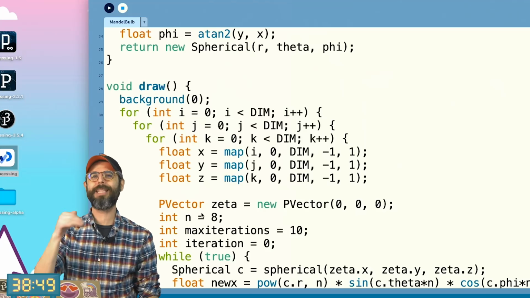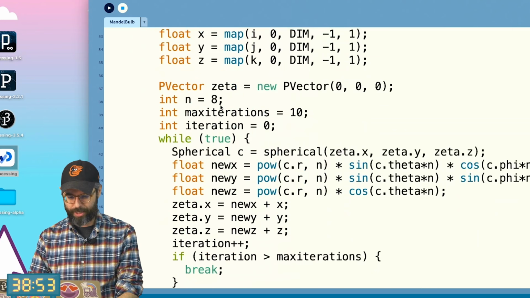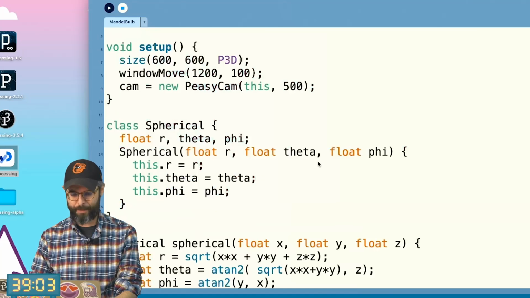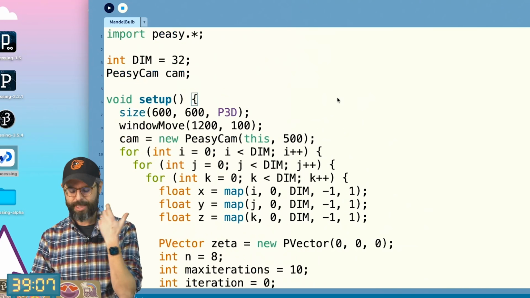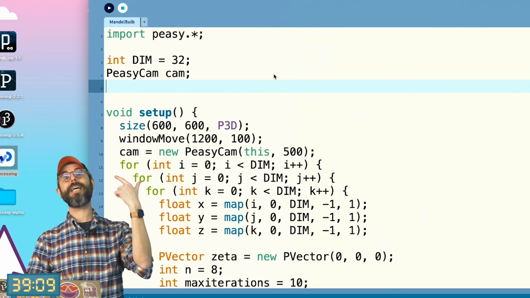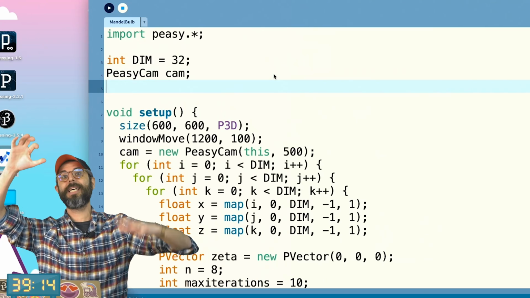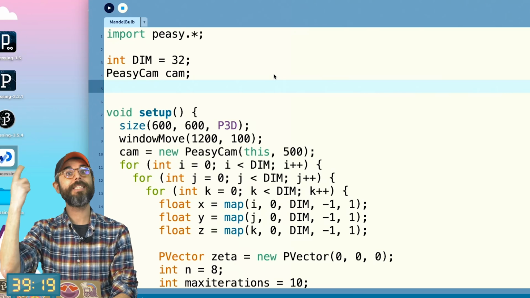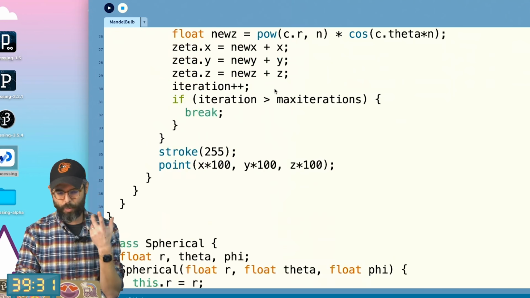So here's the thing. I don't want to calculate the MandelBulb over and over again. So I think what I want to do is take this code and put it in setup. Then I'm going to create an array of all the points that are within the MandelBulb set itself. That'll be an array list of PVectors. In other words,